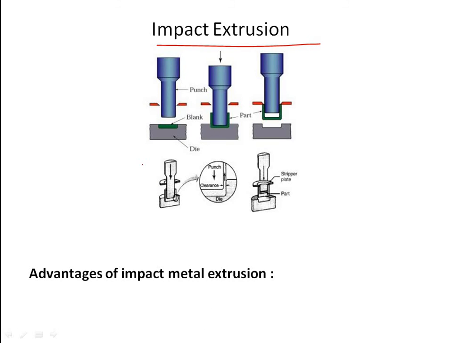The punch is pushed down at high speed and extreme force on the slug to extrude backwards. The thickness of the extrude is a function of clearance between the punch and the die cavity. The extrudeds are slid off the punch by the use of stripper plates. These are the things with the impact extrusion. Next we will be discussing